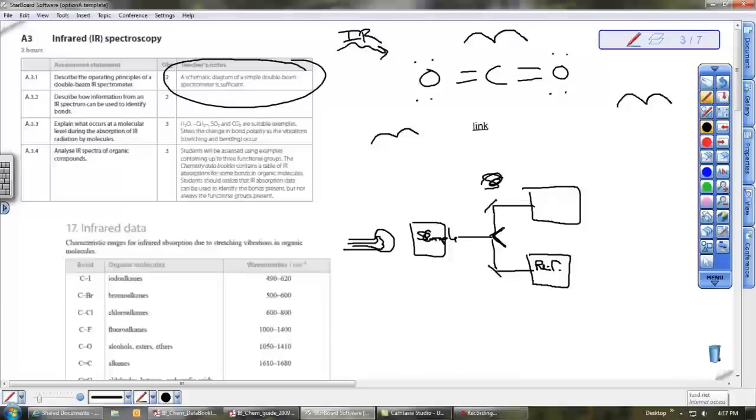sample, excuse me, this is incorrect. I shouldn't have put the sample there. That's the beauty of this comment. Ignore that. The infrared radiation is split, goes through the sample and the reference, and they are brought back together, and they are detected